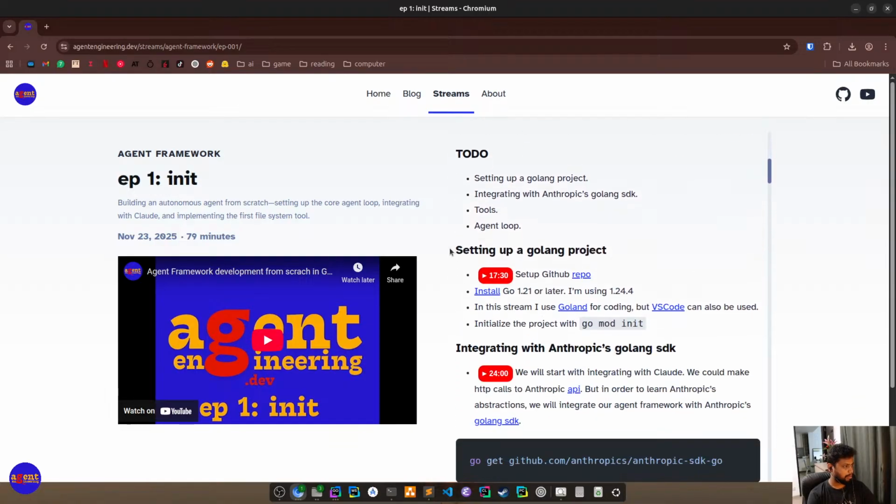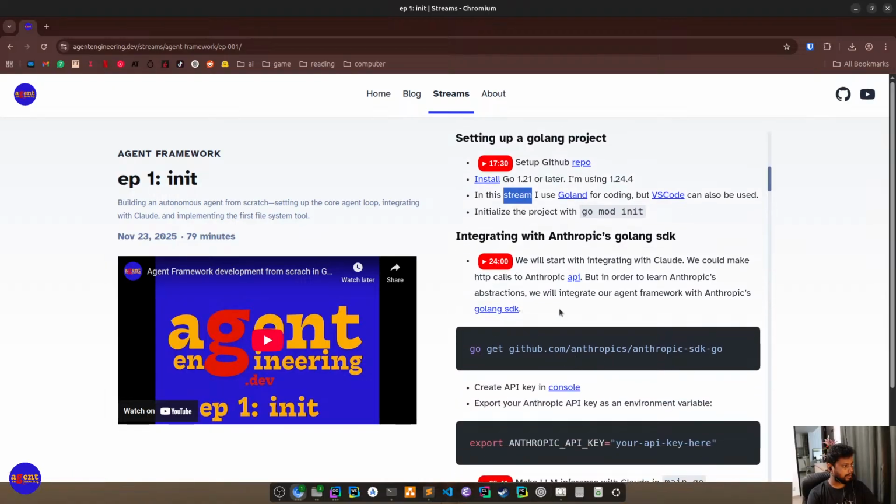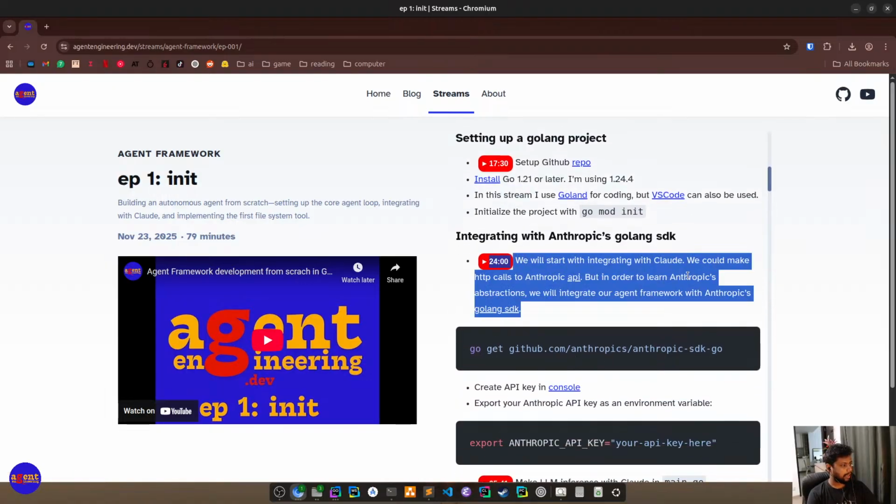In the first stream, I'll quickly go through what happened so you can follow along. We set up a GitHub repository and installed Go 1.24, and I'm using Golang for this particular project. Then we started by integrating the Claude API.